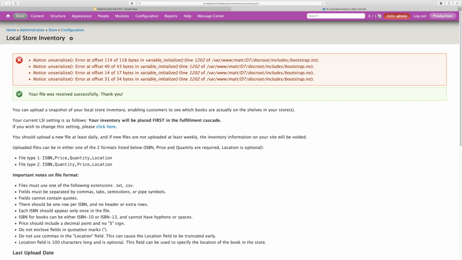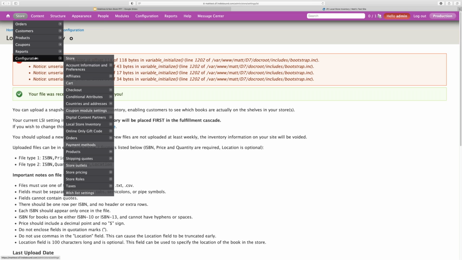Now, through the magic of the internet, I'm going to ask my partner Geetha to go ahead and process those for me. And while they're being processed, it will take a few minutes for LSI to process. We're working on making it faster and faster, but you will need to allow a little time for it to be processed. We're going to take a tour of the settings that are new.